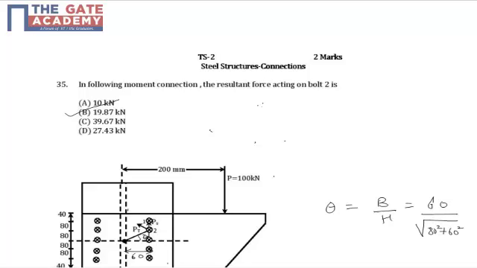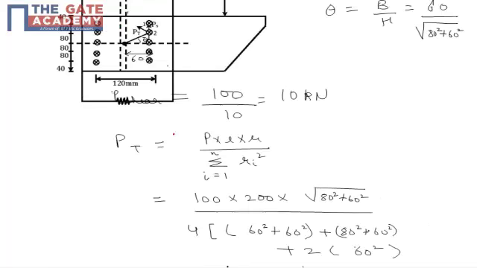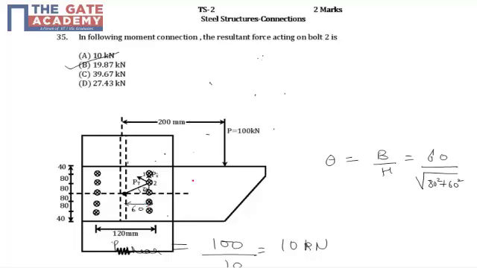Dear students, the following question is my personal favorite from this particular test series on the topic of connections from the subject of steel structures. Here a diagram is given where a moment carrying connection, this is called a bracket connection, and to be precise a bracket type 2 connection, is given where 10 bolts are being used to transfer a load of 100 kilonewton which is acting at an eccentricity of 200 mm to a column,